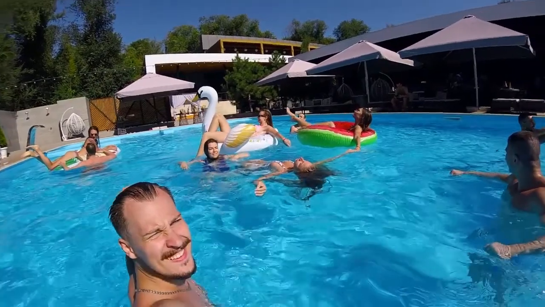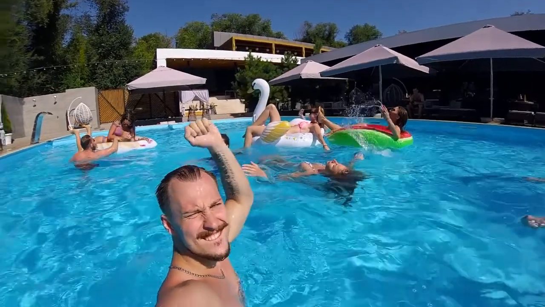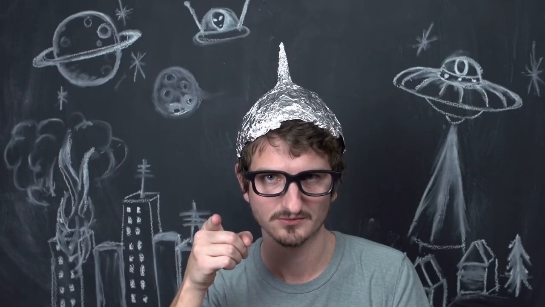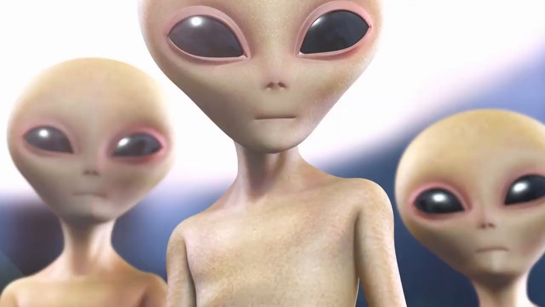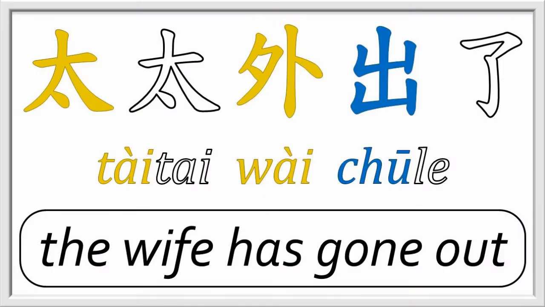A person who is wai xiang is sociable, the life of the party type, the extrovert. Someone who's completely out of his or her element, totally behind the times, might be teased in a good-humored way as wai xing ren, an alien from another planet. And if you're phoning a married woman at her home, it's not surprising to hear something like 太太外出了, the missus